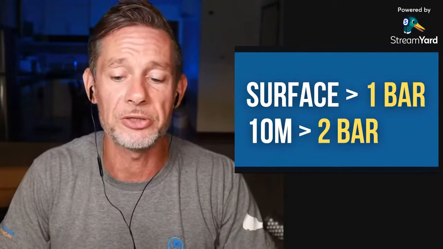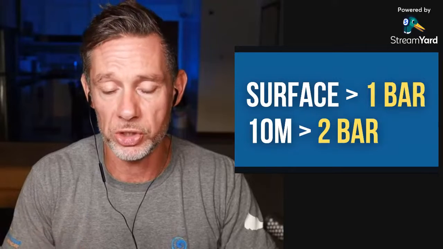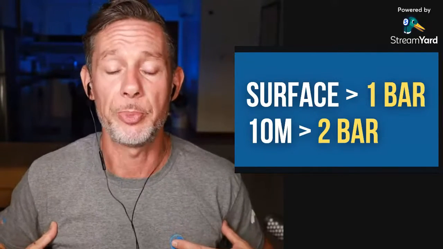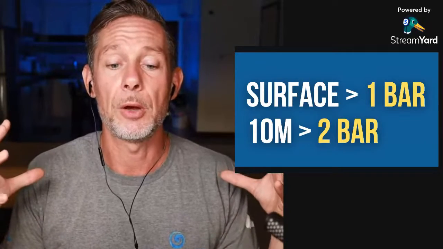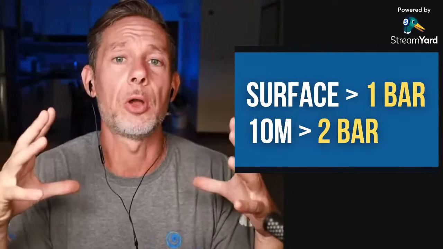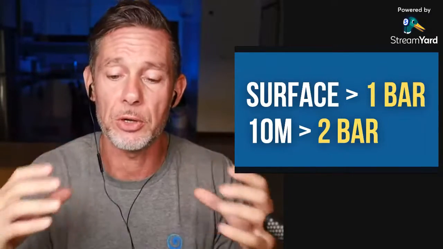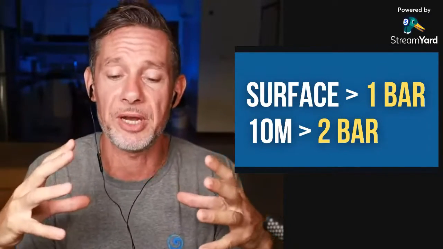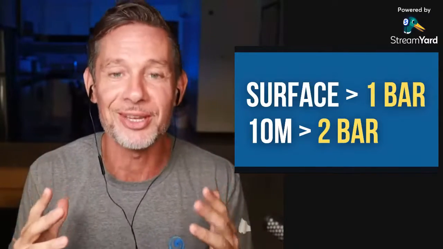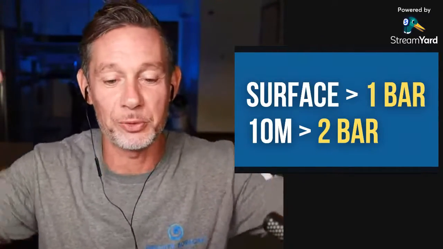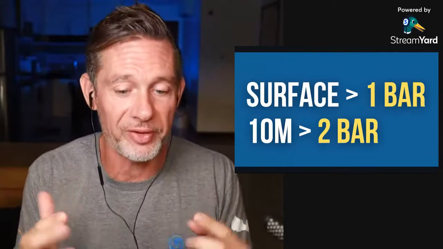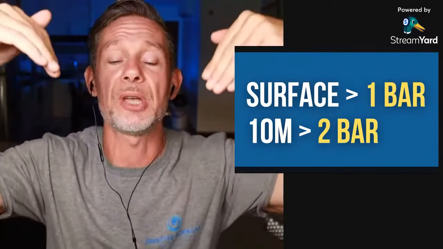So at 10 meters, you have double the pressure that there is at the surface. That means that your lungs, which are compressible, will be subjected to double the pressure. So the volume of your lungs and the volume of the air inside of your lungs will shrink by 50%. So at 10 meters, your lungs are only 50% of what they are at the surface, which also means that you only have 50% of the volume of air available at 10 meters. And as you keep on diving deeper, there will be